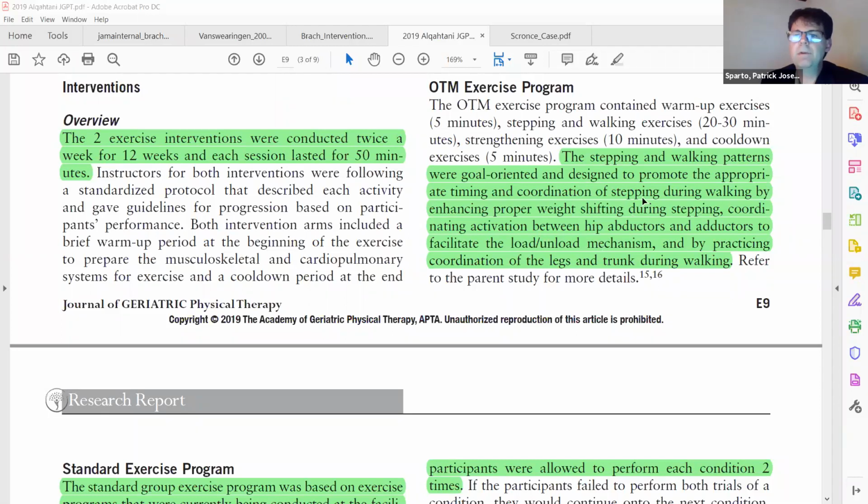The part that was different about On the Move was the timing and coordination exercises. Drs. Brach and VanSwearingen have done a lot of pilot work trying to improve the motor control aspects of walking and gait. This is done with different weight shifting exercises, different stepping patterns, and different walking patterns. So it's really sort of an adaptable gait. To give you an example of some of the exercises,